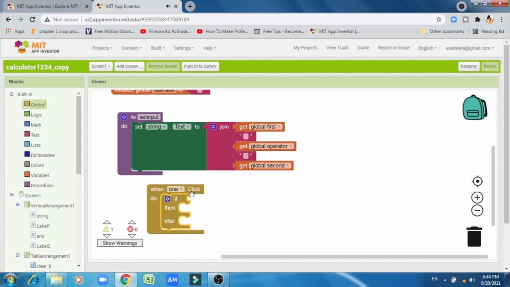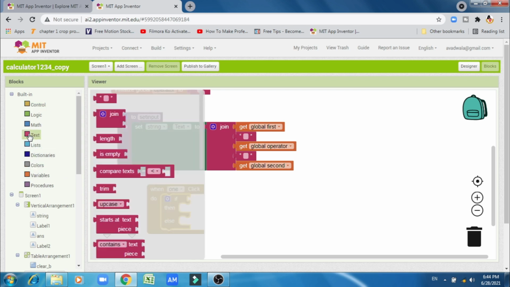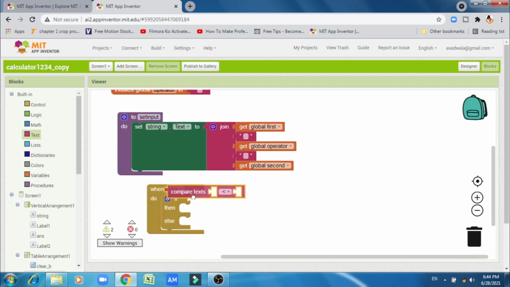When one button click, if here we have to compare the text.